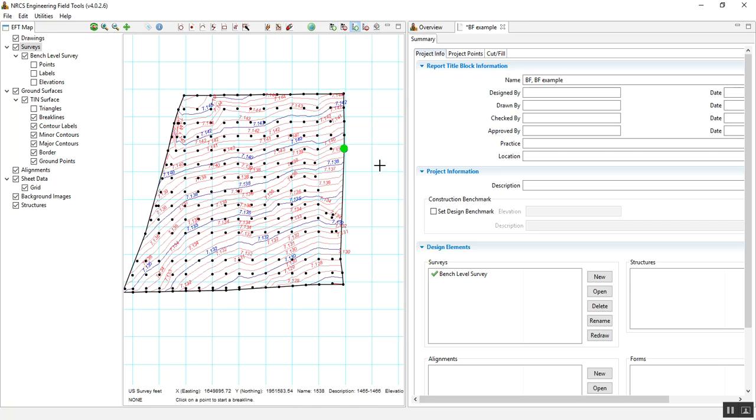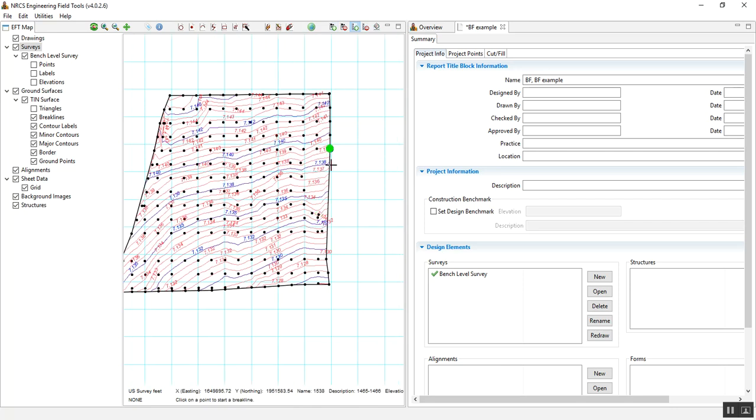I should have redone it. I'm not too sure why I didn't do that, but